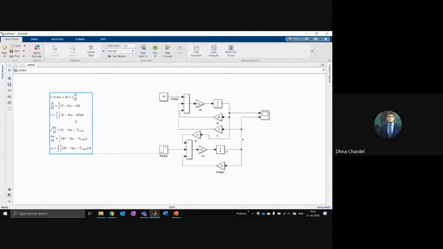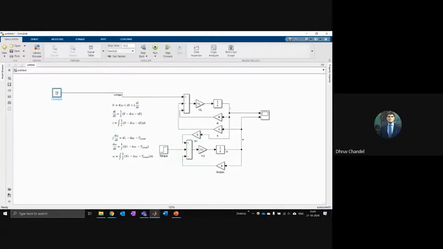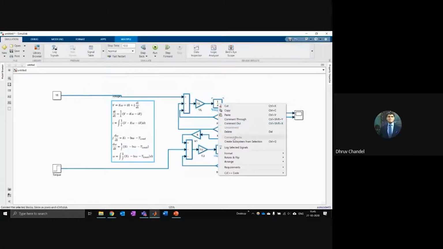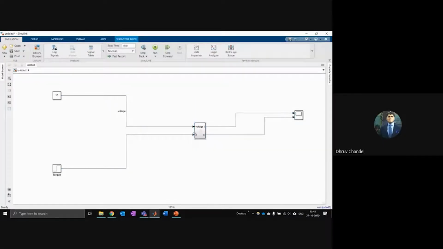So in order to do that, let me drag this here. So I put all of this inside one system. I'm just clicking and dragging to make this colored area. I right click and I call this create subsystem from selection. So all the mathematics, all the complexity here is just going to disappear, and it's going to become a single block. Okay, so now this is like a closed system.